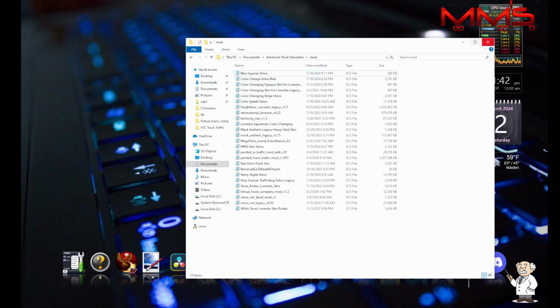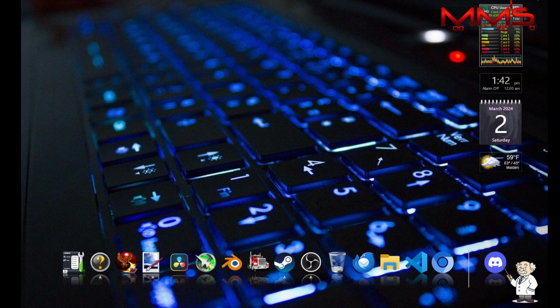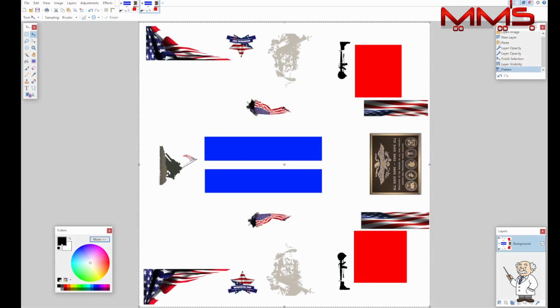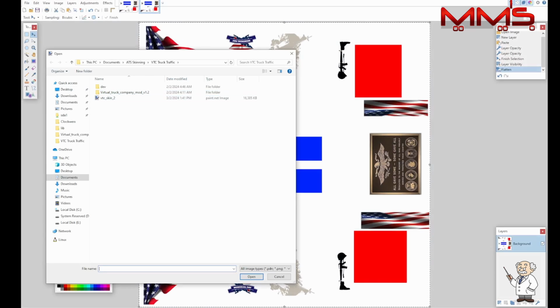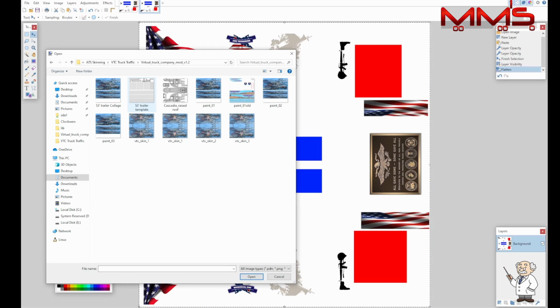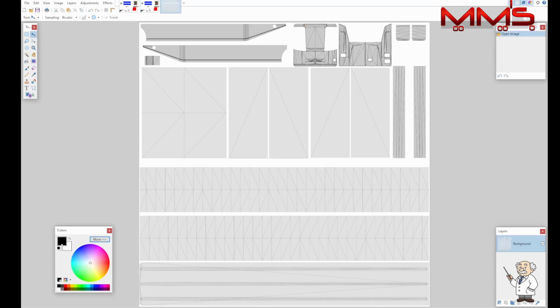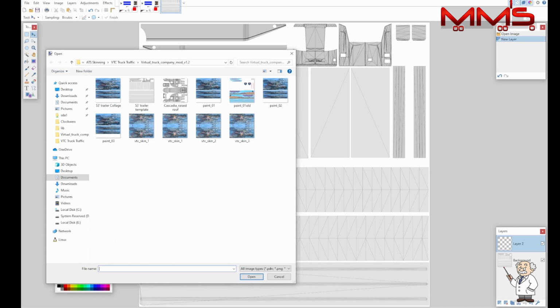Now, probably what we want to do before we actually go in the game, let's go ahead and make a trailer that's going to be associated with that truck. While we're at it, we might as well do it. So let's open the 53-foot trailer template. And I got to refresh my memory on how this goes because, yeah, it's been a little while since I messed with this template. Let me open one of these other